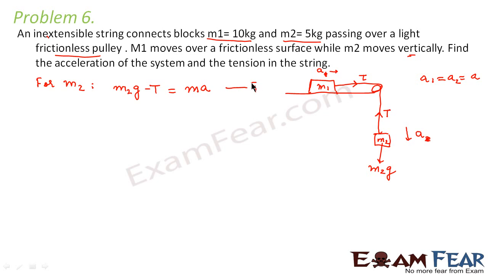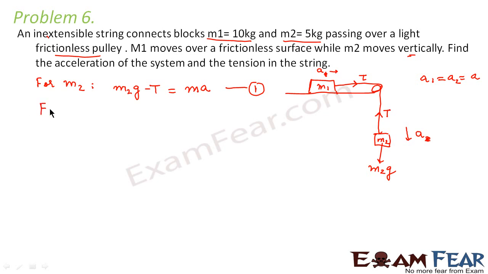So what do we basically do to write the equation? The net force acting on this mass. So what is the net force acting here? This M2g and T. Now since it is moving in the downward direction, we say that M2g minus T is the net force, and what is the force with which it is moving? That is mass into acceleration. We already know force is mass into acceleration. So we said M2g minus T is equal to M2a.